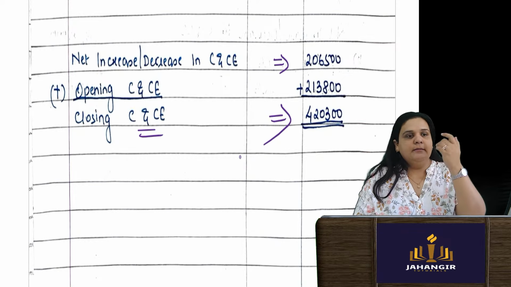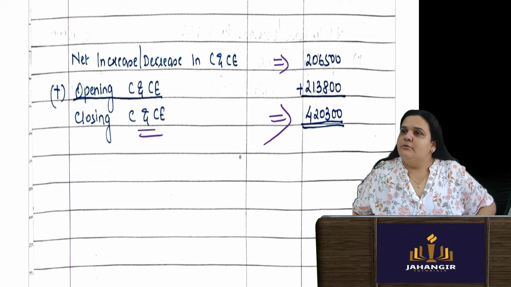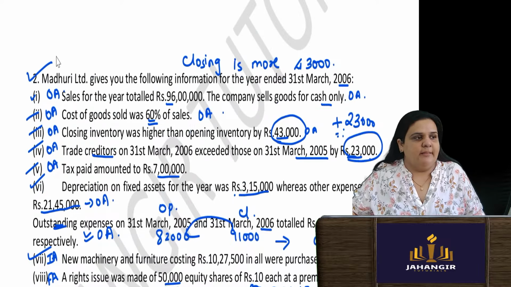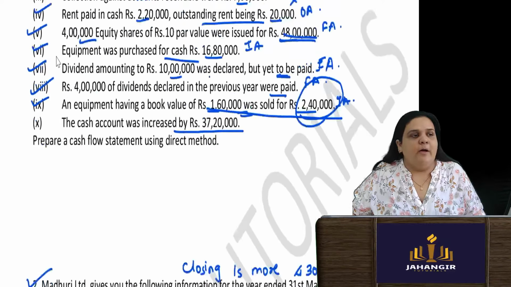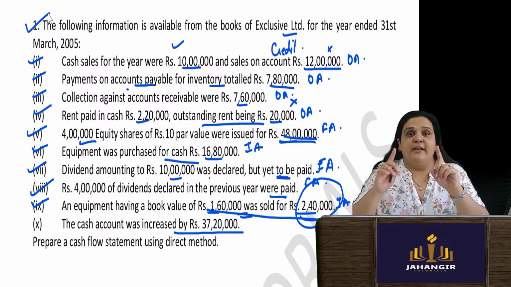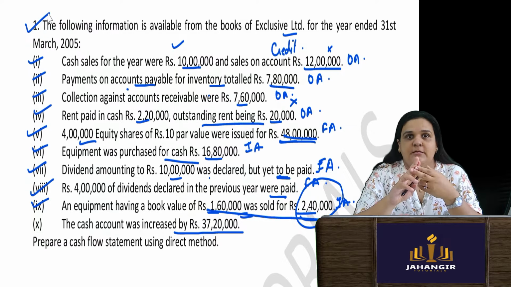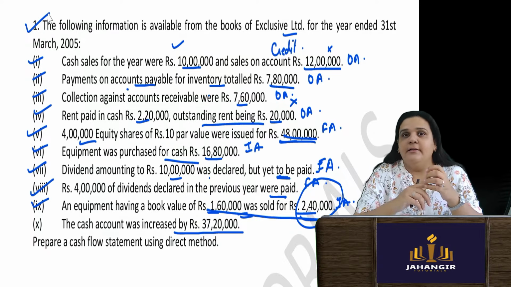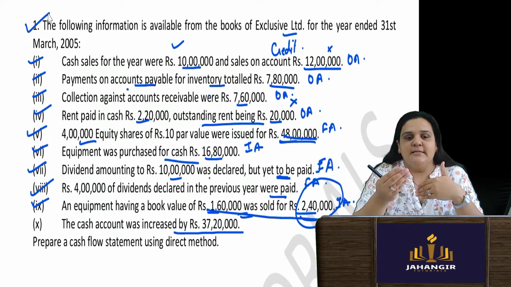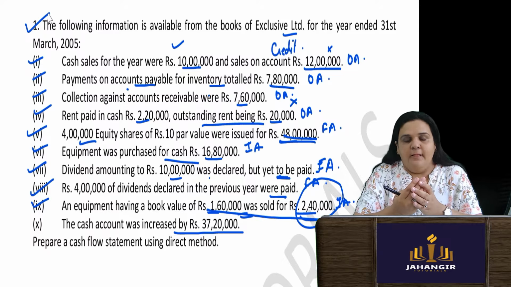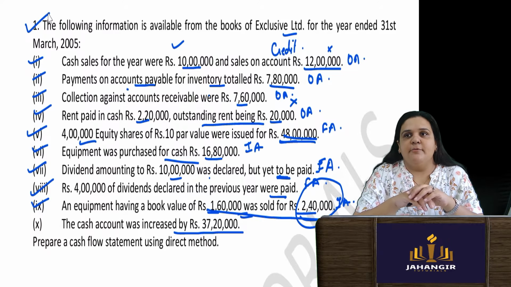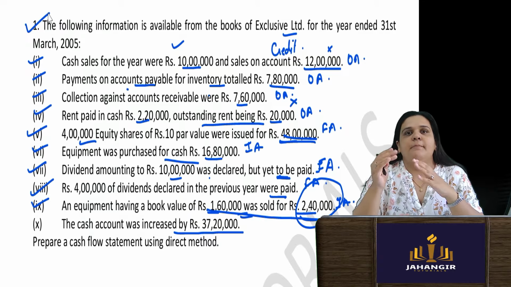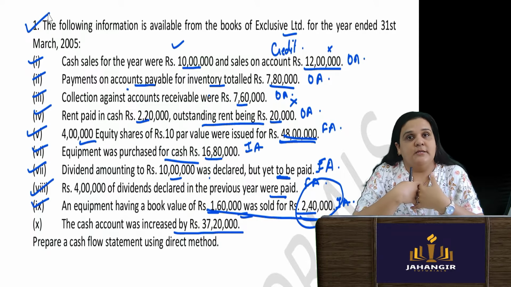Okay, everybody? Understood? Cash flow. This was also a part of your direct method, but it was a little different. Why? Because they had given us the financials of 2 years, opening and closing, with the help of which we had to ascertain whether in the operating activities there is an increase or decrease. Generally, even in your past exam questions, if you see, they will give you financials for 2 years, and based on that, you'll have to compare to see whether there is an increase or decrease.